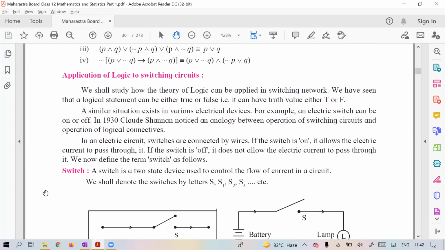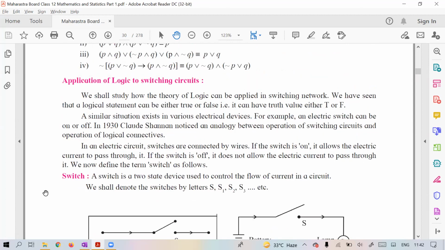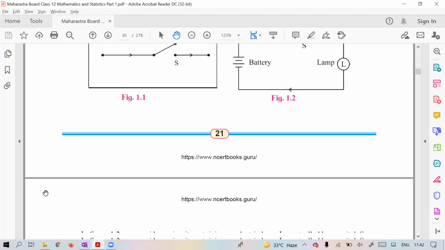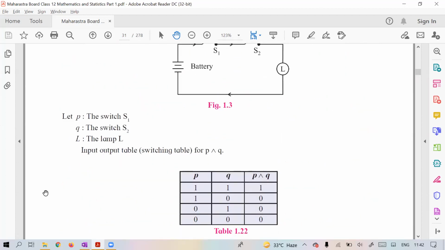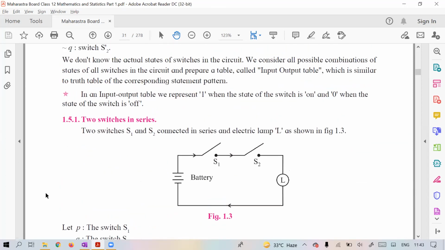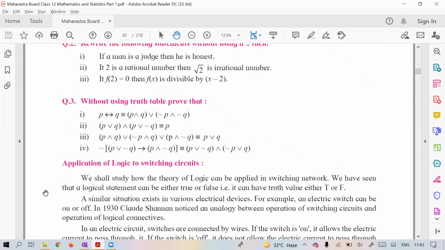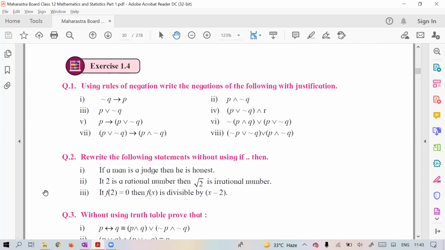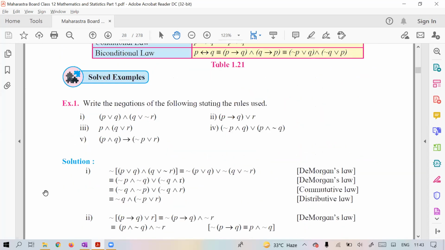You might have seen logic gates in physics. There they use AND gate, OR gate. The concept is related to that. I will introduce this once, but it is not much relevant because they are just telling you applications in circuits and switches, which we have already studied. You will go through this in logic gates, in computer science or in physics also. First, you have to solve these examples.